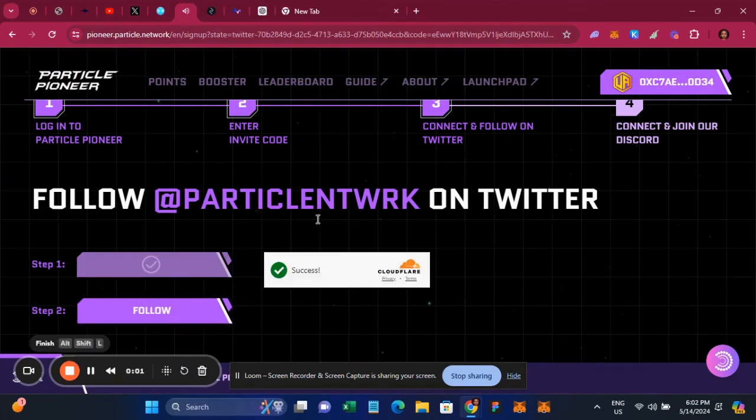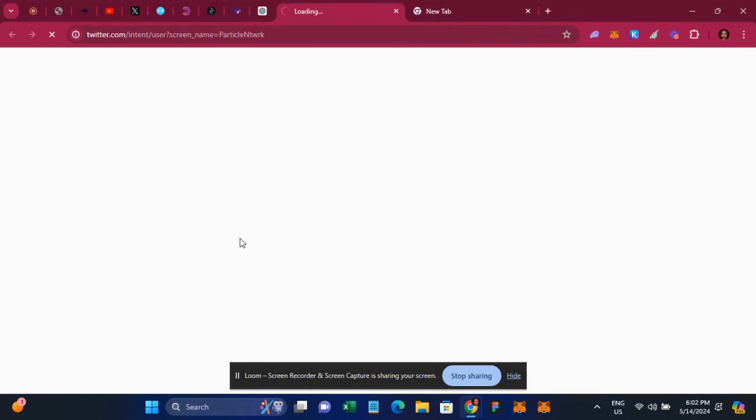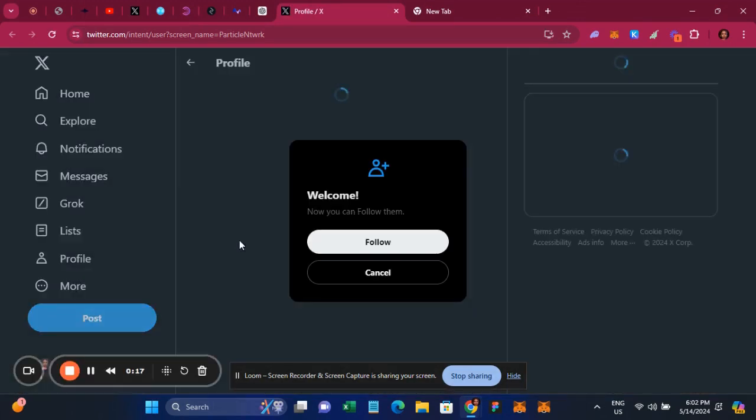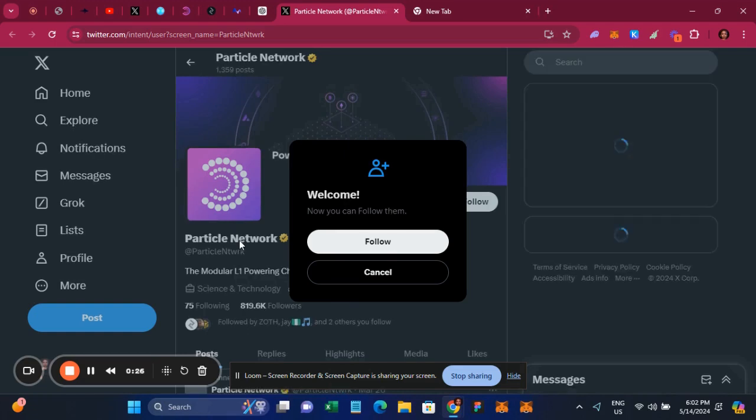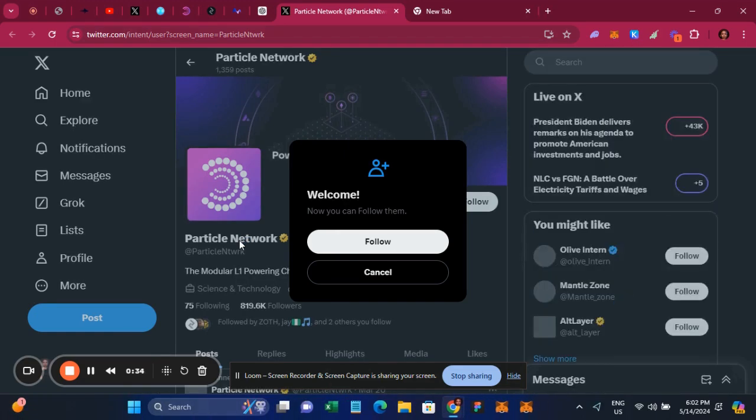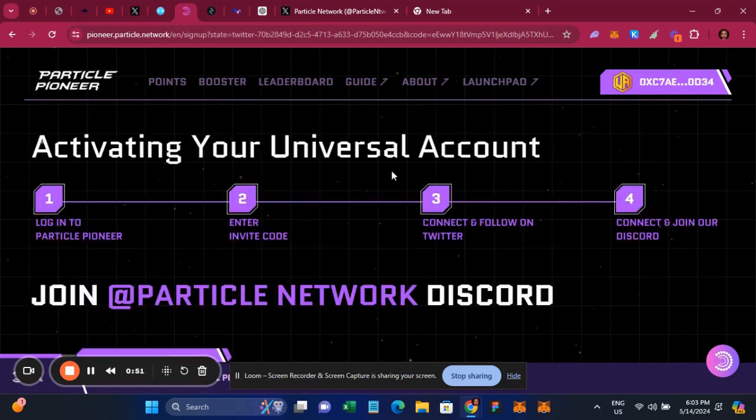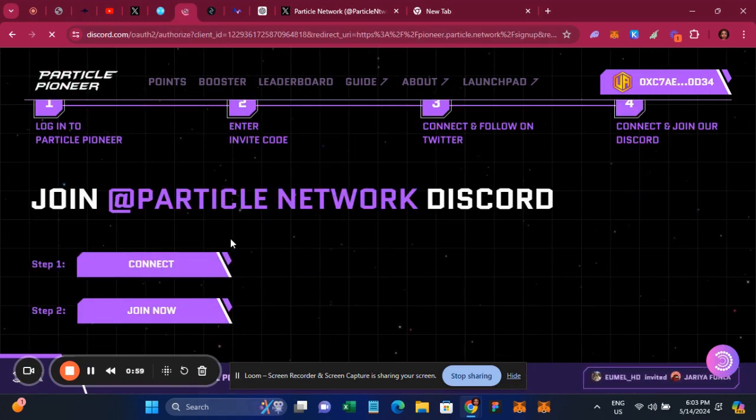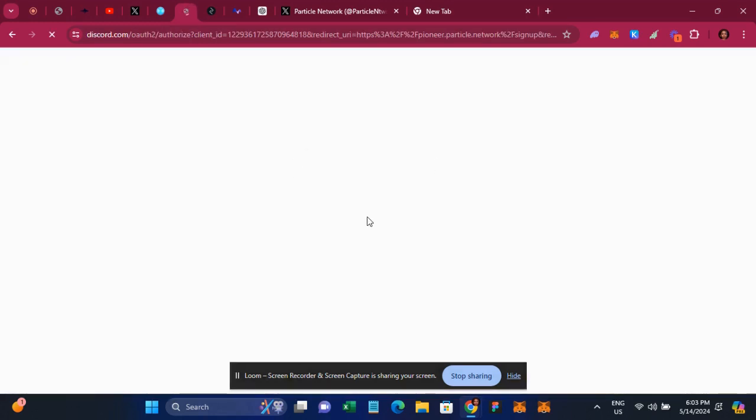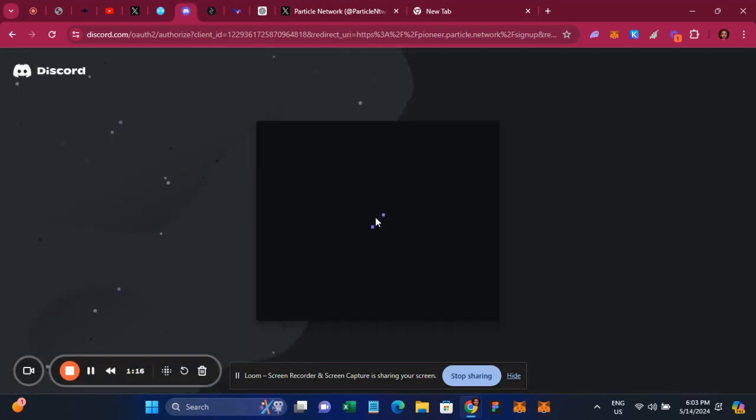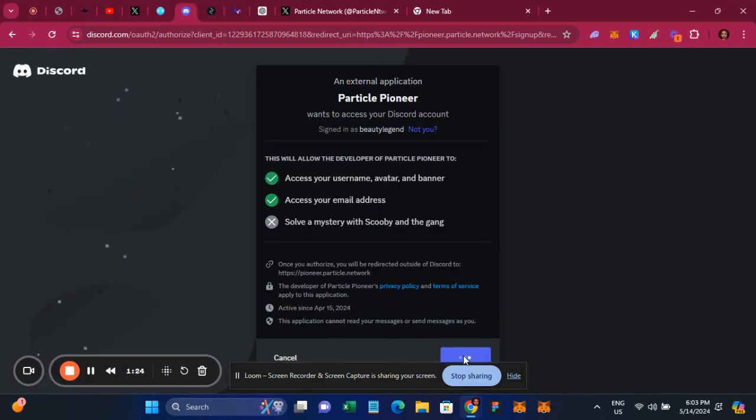Next up, we are going to connect our Twitter account to Particle Network. Just click on Connect and you're connected, and next you click on Follow. Right there, we follow them on Twitter and we are done with the tasks. When you're done, return to the Particle website and